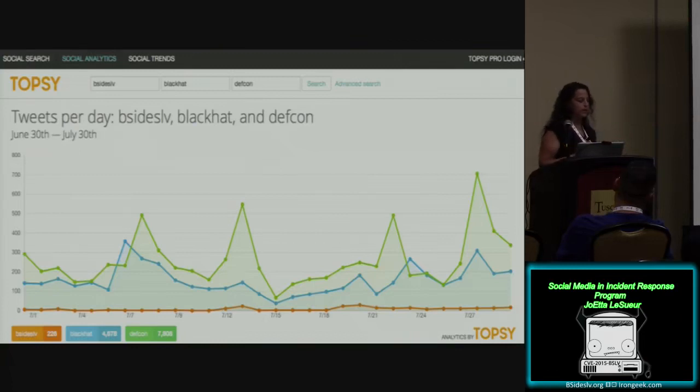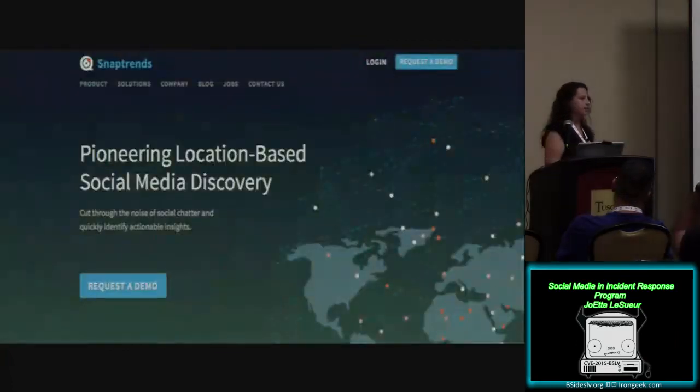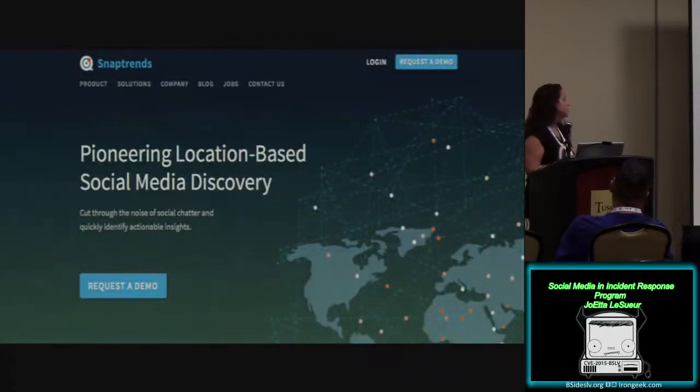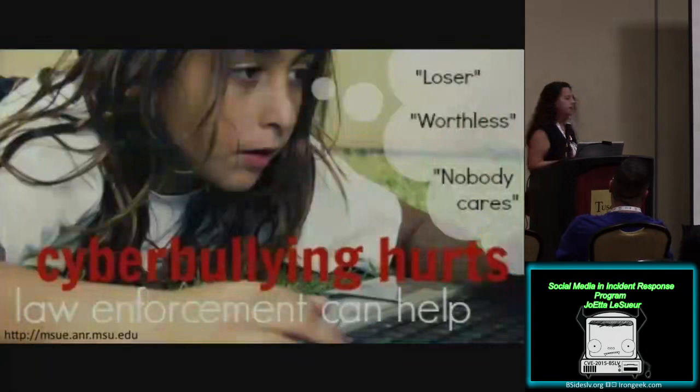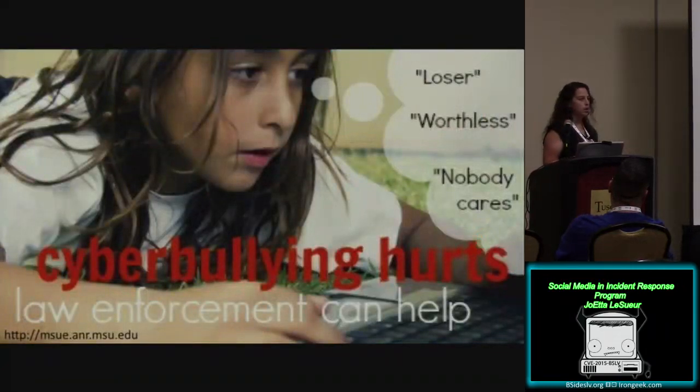But if you wanted to kick this up a notch, as they say, you might want to look at Snap Trends. This is a growing trend service where they actually monitor and do analytics for you on a lot of the social media applications. An example of using that kind of service: a lot of local law enforcement agencies and public schools are trying to catch cyberbullying early, and they're also trying to preemptively stop shooting sprees in public schools.